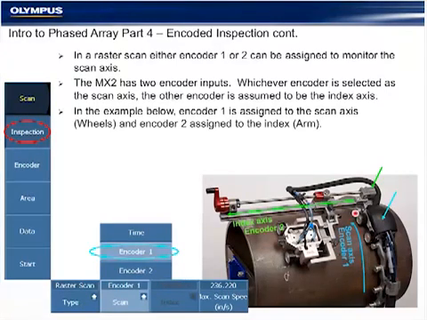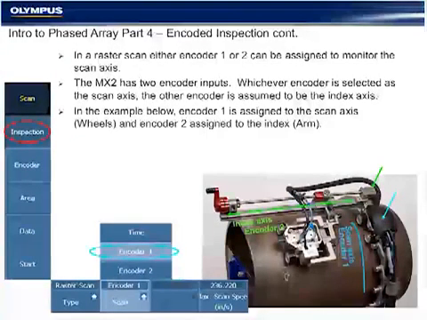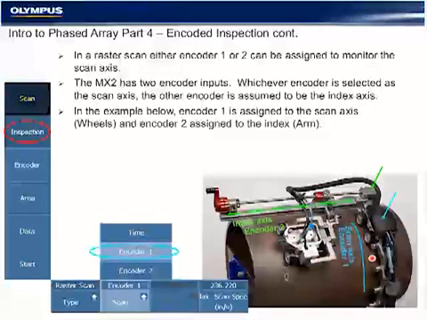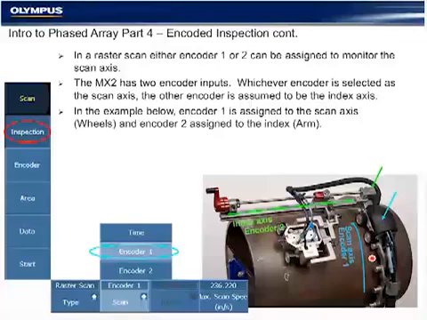The scan axis, which is blue, which would typically be the wheel axis in this configuration, and the index axis, which is a green ruler that we see in this axis. So the scan axis didn't change. It's defined by a mechanical movement of the wheels and typically done at 1 millimeter resolution. But in the index axis of a raster scan, we are going to have electronic movement of the probe,